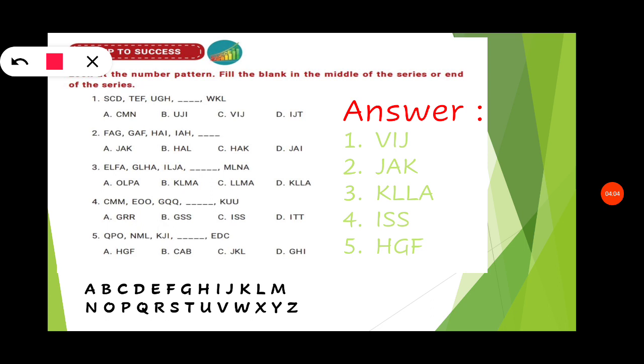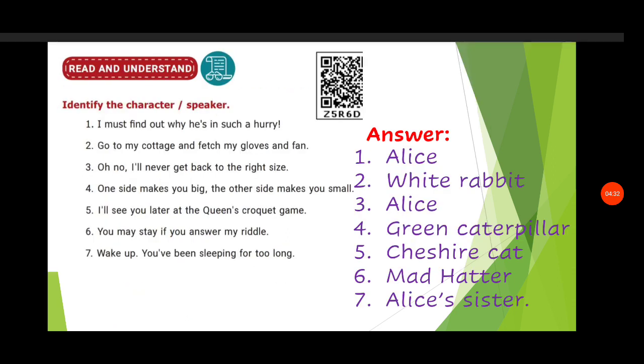Next sequences. They have started from Q, P, O. This is the reverse technique. Next M, N, M, L. Next K, J, I. Here they have given the dash. The next form is E, D, C. So what is left out? H, G, F is left out. So this is the answer. Option A is the correct answer.